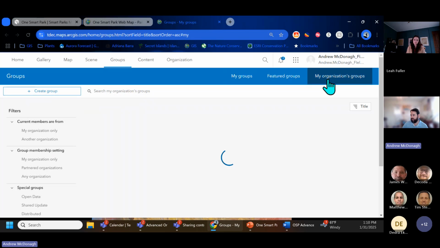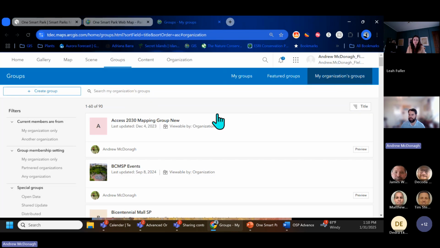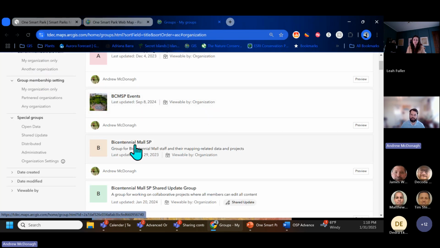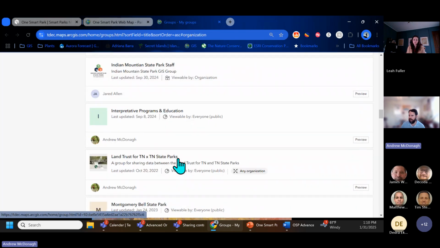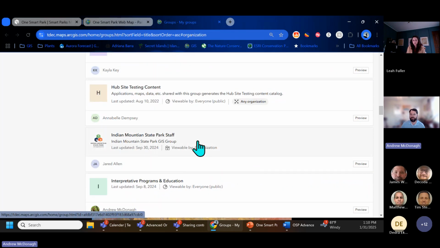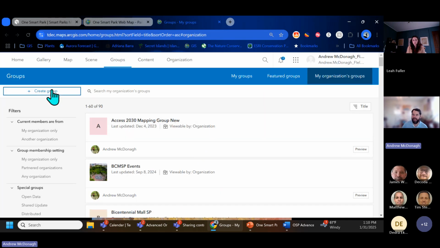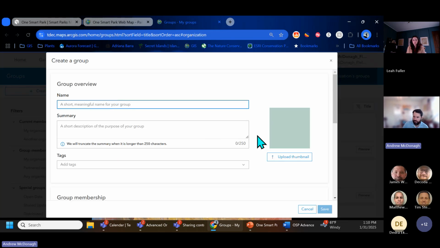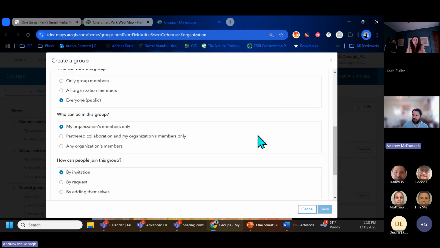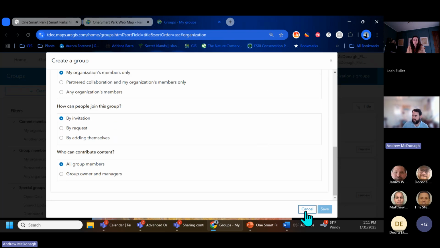We can also look at my organization's groups, in which case I see the Bicentennial Mall group, and that's just full of their staff. Natural Areas has one. Indian Mountain has a group dedicated to themselves, and it's just where you can share things that nobody else can see, really. So maybe you've got a reason to do that. And to make that group, you would create a group here, name it your park name or the project name of the people that are involved. Usually fine to just do it one per park and set up the settings,